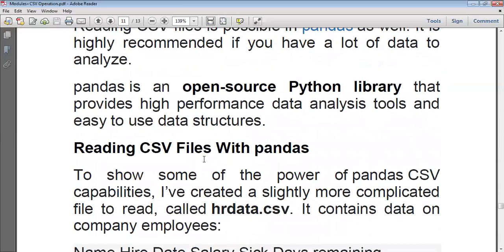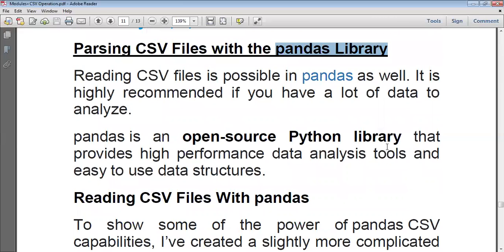So let's see it. This pandas library is nothing but an open source Python library, which consists of many analysis tools and techniques. Well, this can contain a large amount of text data. If you want to store lots and lots of data, when you are considering real time, there is a large amount of data that has to be maintained in your file. If that is the case, you better use pandas to perform the read and write operation on the large data. Whenever you are processing large data, it is better to use the pandas library. So your program efficiency will be improved.